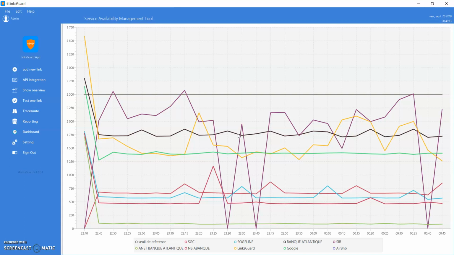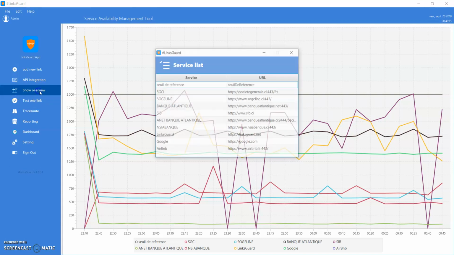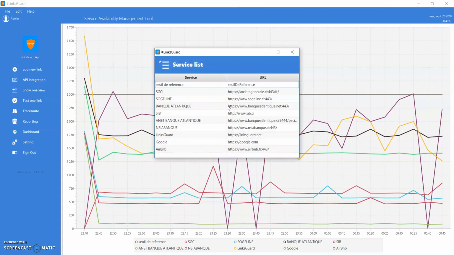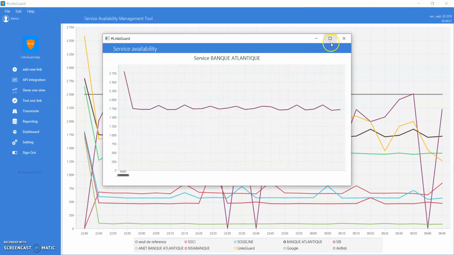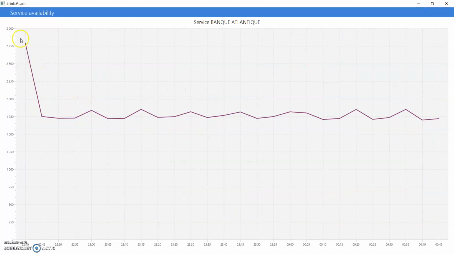You can parameterize it, and you can decide that you want to see just one link in your view. It will be possible, and you will have only one graph in your view.